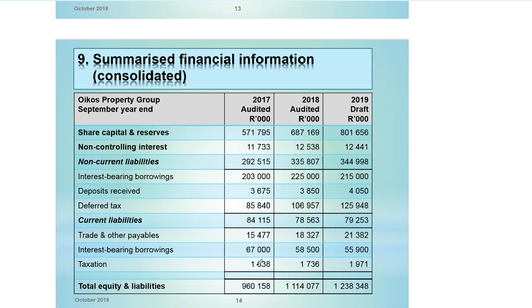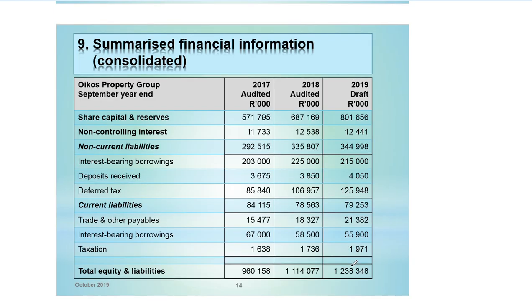Interest-bearing borrowings. So these are our short-term repayments that are due in less than 12 months. What we see here is a decline each year. It is good to decline because that means our balance has declined, and we see the balance has declined here. Taxation, we see an increase in taxation. This might not be good because we know SARS charges interest because of late payments, and they also charge penalties.